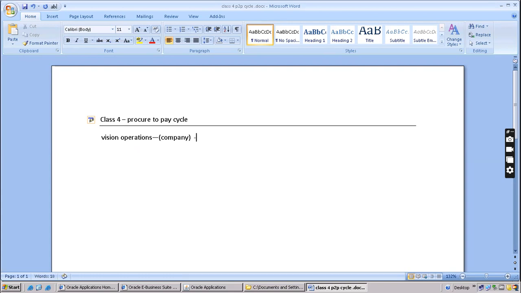For this company, we require 10 laptops. We are purchasing right now. In O2C, we sold the goods, but here we are purchasing. The person who tells us to prepare this list is the requester. The requester will ask to prepare a list, and the preparer will prepare this list.